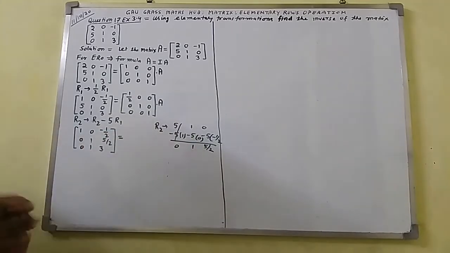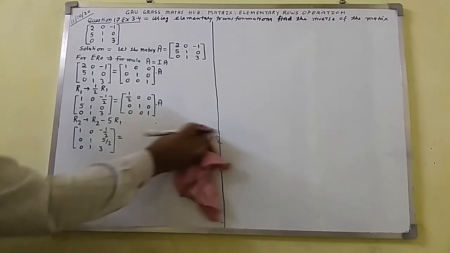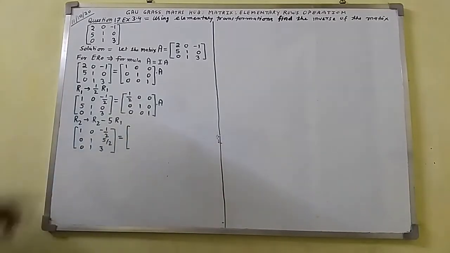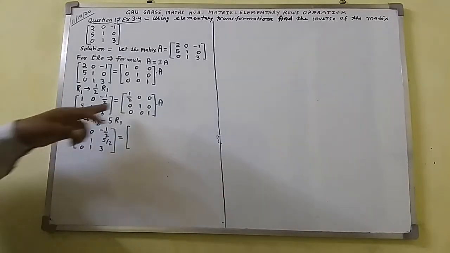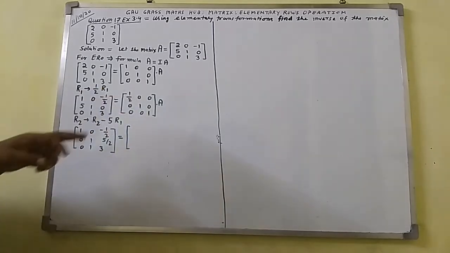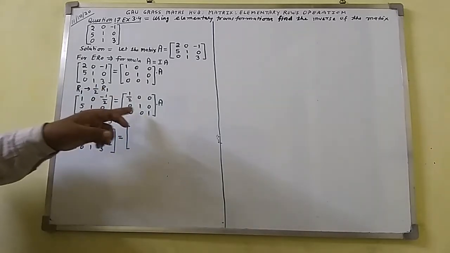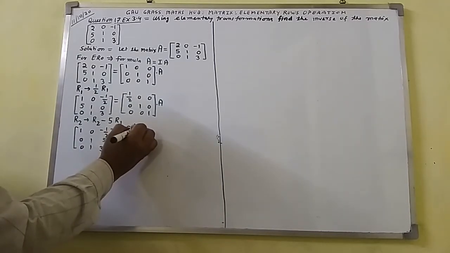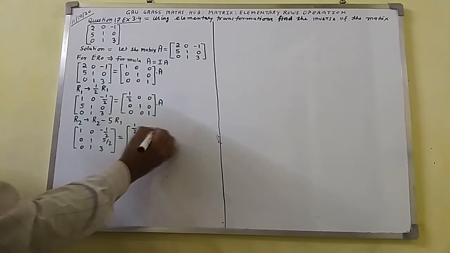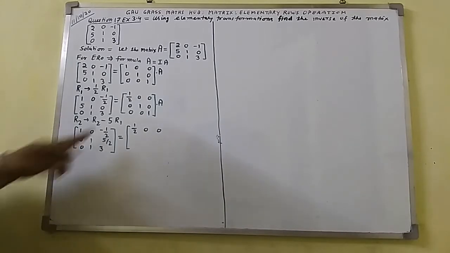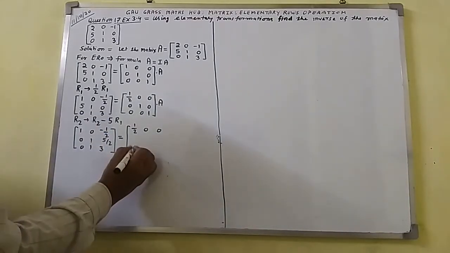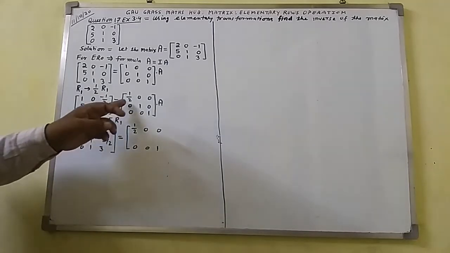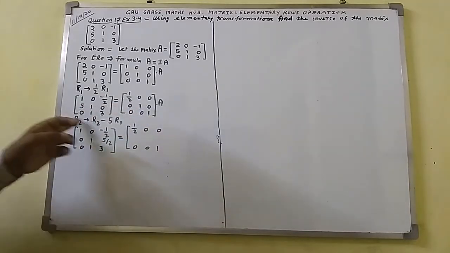This is the rough work I have calculated here. This can be used very well. After that I shall open a square bracket. This property will apply here also. The only changes will occur in second row. First row will be written as it is. Here I shall write 1 over 2, 0, 0. Here third row I shall write as it is. Changes will occur in second row here by applying this property.